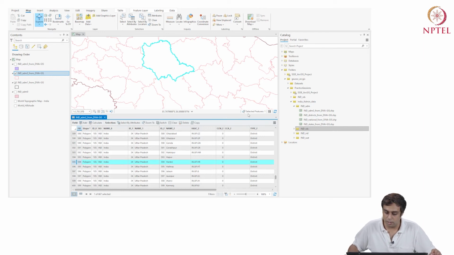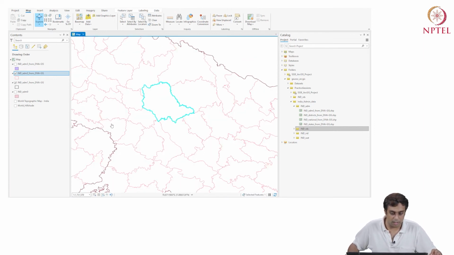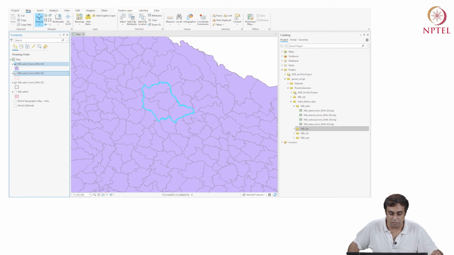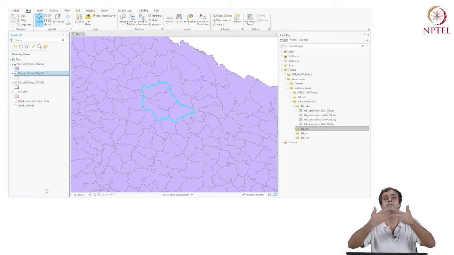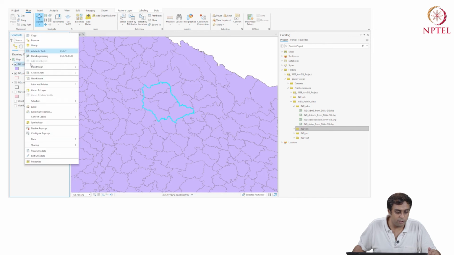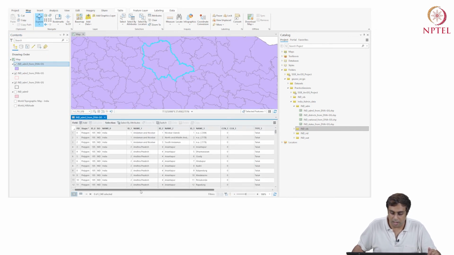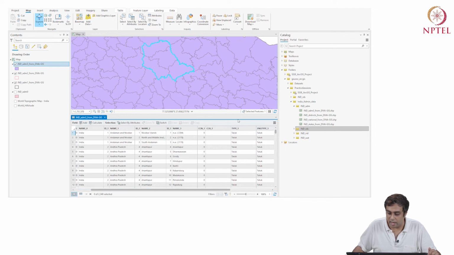So, I'm going to uncheck this. Now, when I check India ADM3, it gives me even smaller boundaries within Hardoi. Okay, so what's this higher resolution administrative unit? I'm going to just right click, go to its attribute table, and what I'm going to learn is that I now look at taluk. Okay, now I'm looking at taluks within Hardoi.